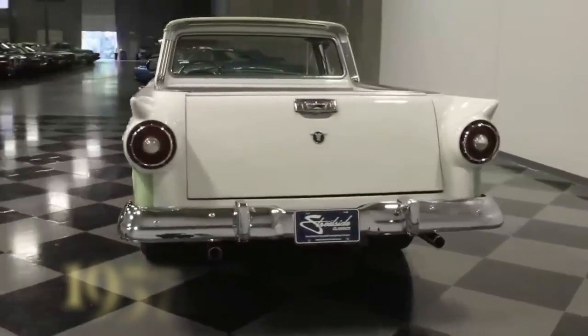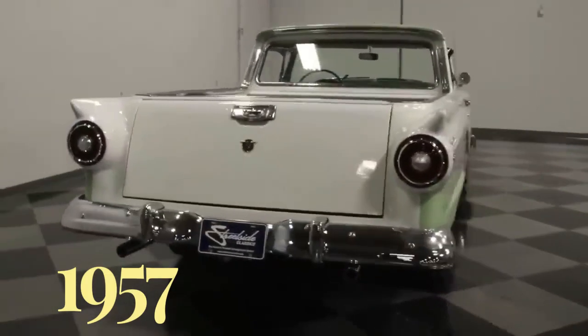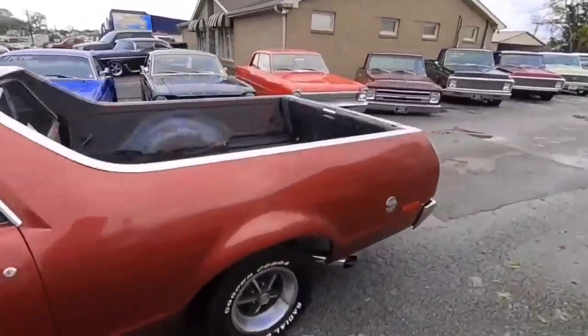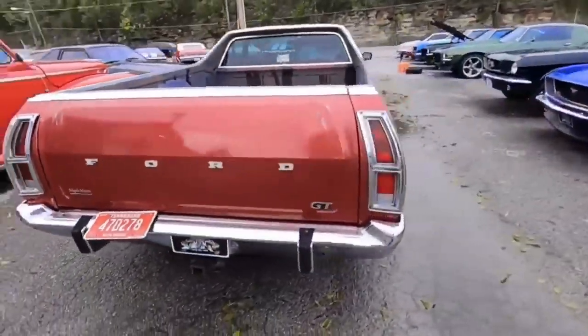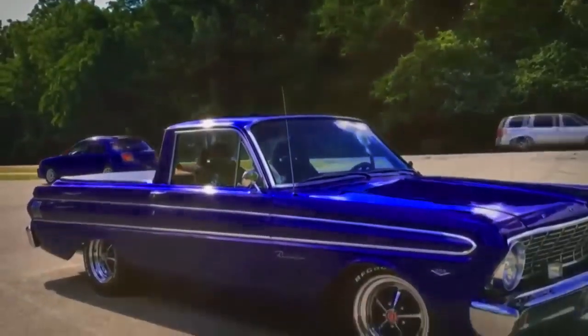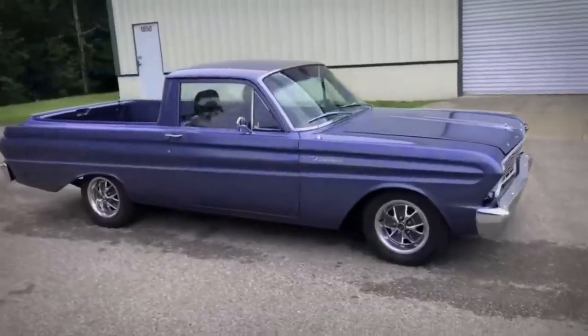Let's rewind to 1957 when Ford first unleashed the Ranchero onto an unsuspecting world. It was a total game changer, a revolutionary ride that blended the swagger of a sedan with the rugged muscle of a pickup. With its sleek, sporty lines and that iconic sloping rear roofline, the Ranchero was like nothing else